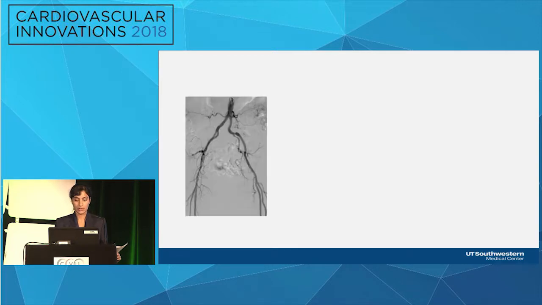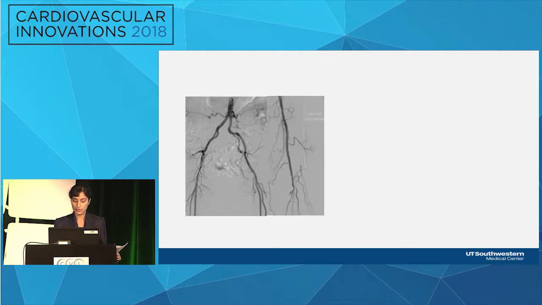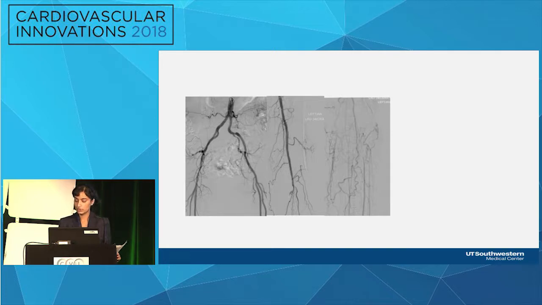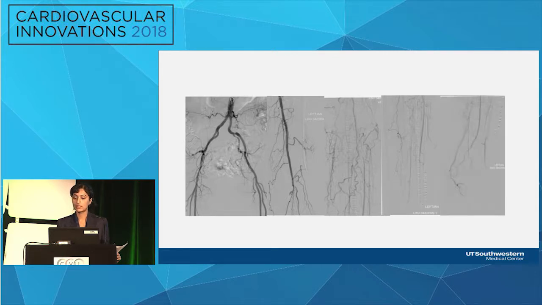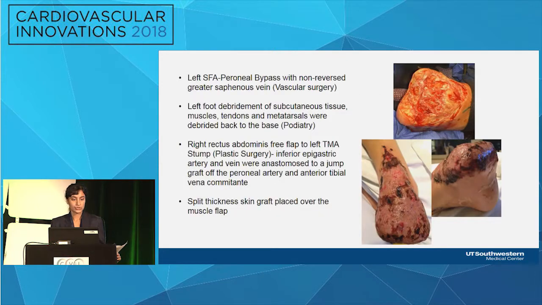So we did an aortoiliac angiogram and a left leg angiogram, which showed a patent aortoiliac segment. Left common femoral, SFA, and profunda were patent, and the distal SFA and popliteal artery were occluded, with reconstitution of the anterior tibial proximally, but that occluded in the distal calf, and only the peroneal reconstituted at the ankle and supplied branches to the foot. So vascular surgery performed a left SFA to peroneal bypass with saphenous vein, and podiatry debrided her left foot, and then plastic surgery did a free flap and a skin graft to salvage the foot. This patient went home after an uneventful postoperative recovery.